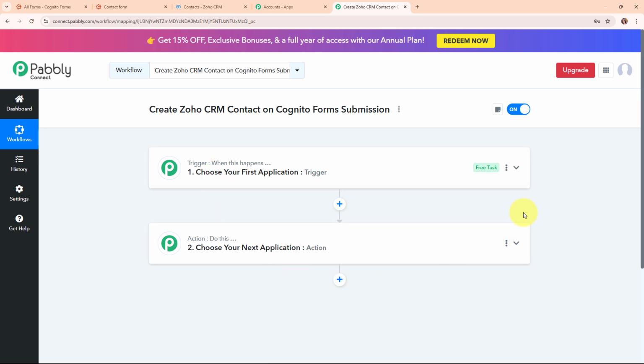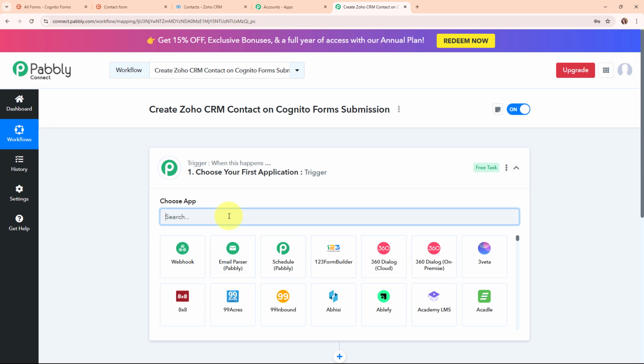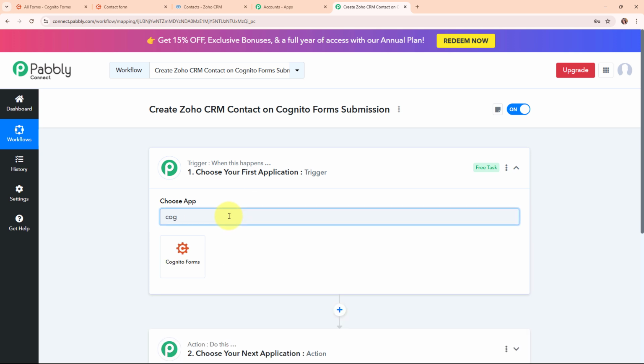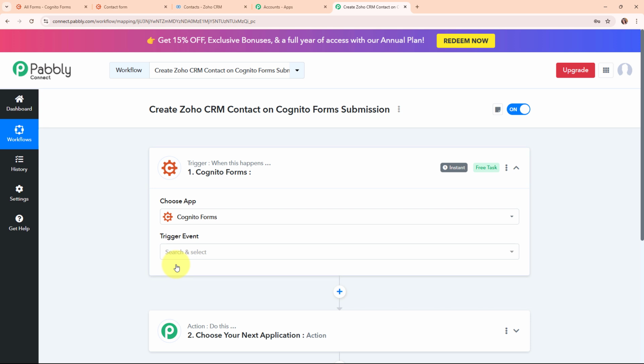Now let's begin with our automation by simply setting up a trigger. So here I'm going to select my trigger application as Cognito Forms, as I have created a contact form using Cognito Forms. So basically, Cognito Forms is an easy to use online form builder that lets you create forms for surveys, registrations, payments and more. It's popular because it offers customizable templates and powerful features like calculations, conditional logic and payment collection, all without needing